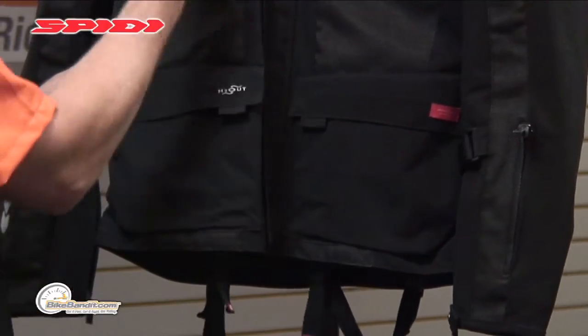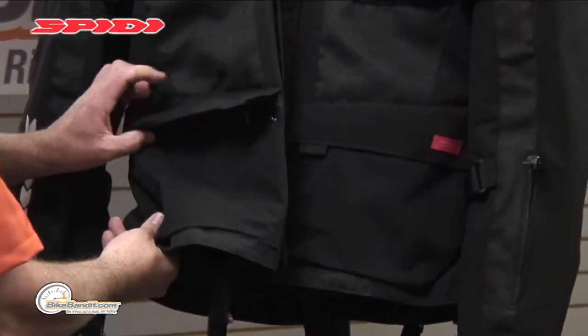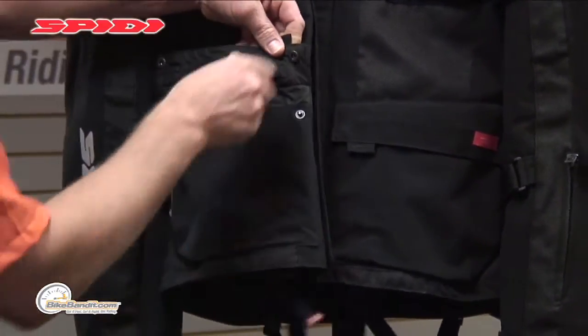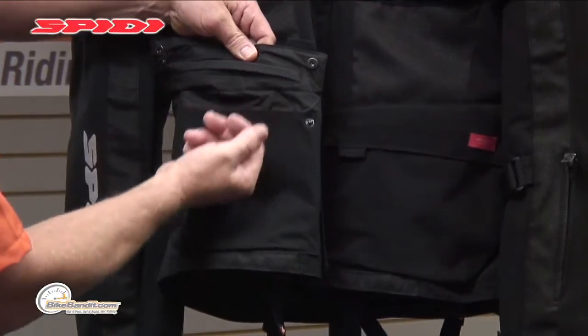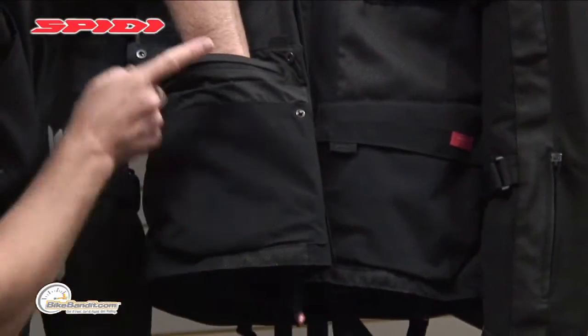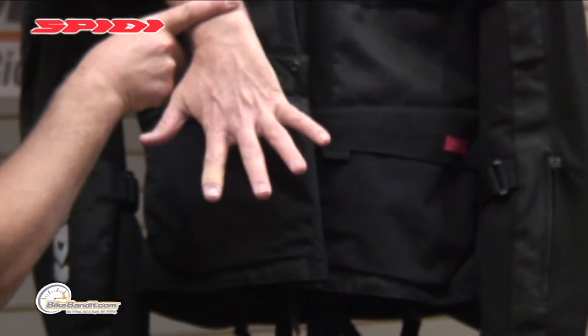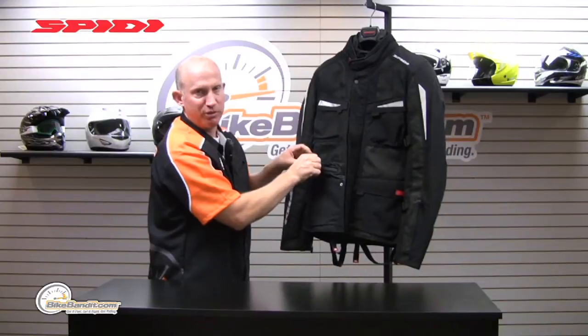So they have these huge pull tabs on your pockets. Up it goes with 2 snaps. Big fold-over flap, and then even another fold-over flap, and that, my friends, is a pocket. It's got to be what, 7 inches deep, 8 inches deep? And again, all the zippers are YKK,